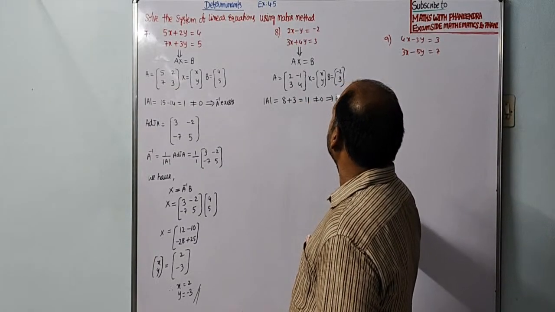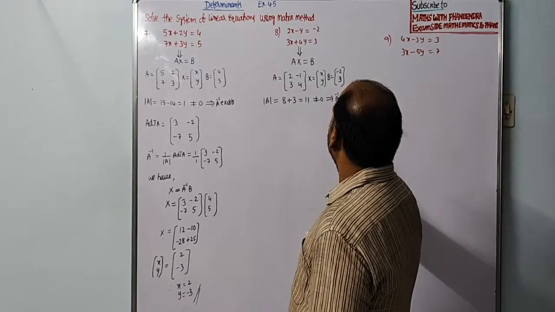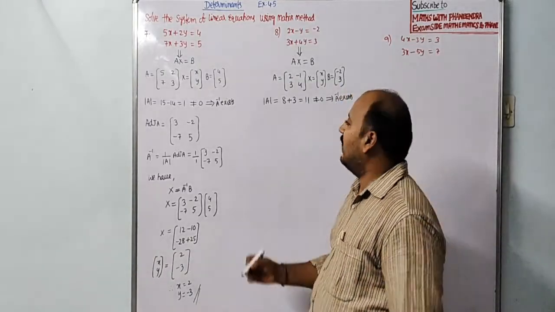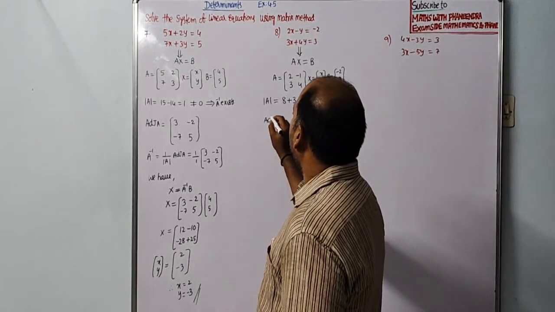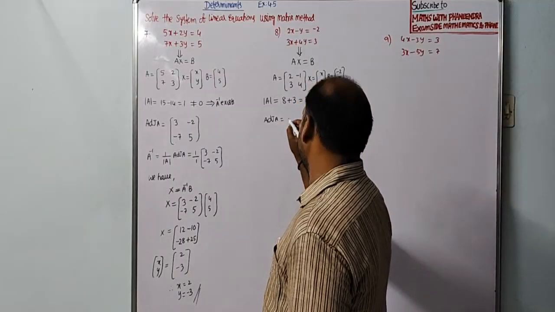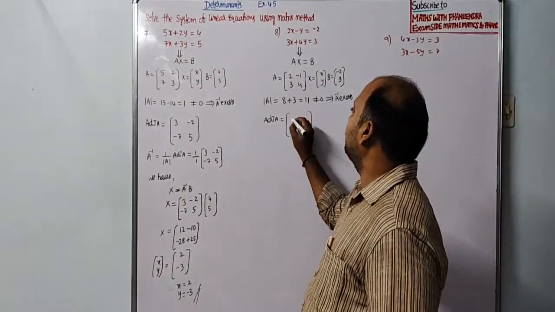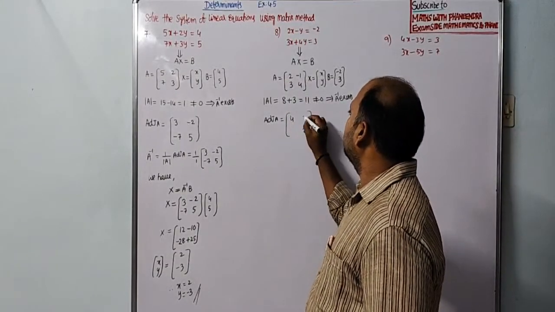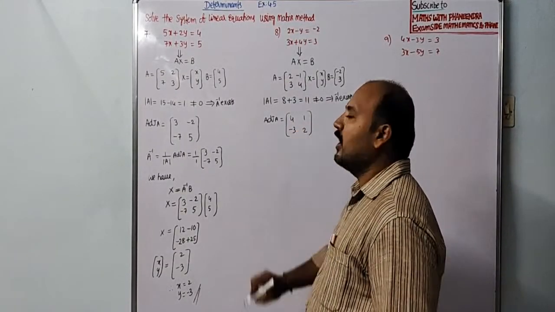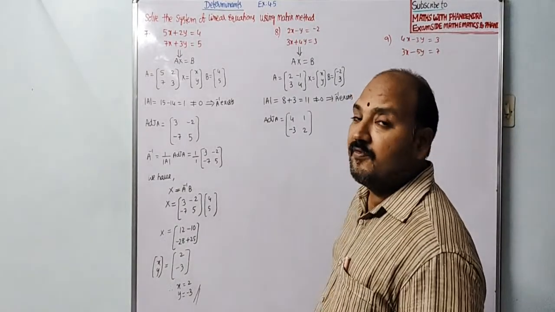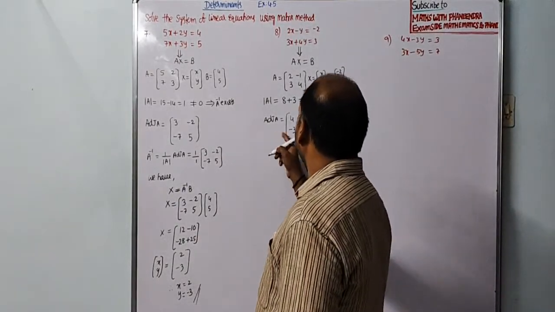A inverse exists. So whenever A inverse exists, calculate the adjoint A value. Adjoint A is equal to, so interchanging of principal diagonal elements, 4 and 2, and sign change in the non-diagonal elements. After adjoint A,